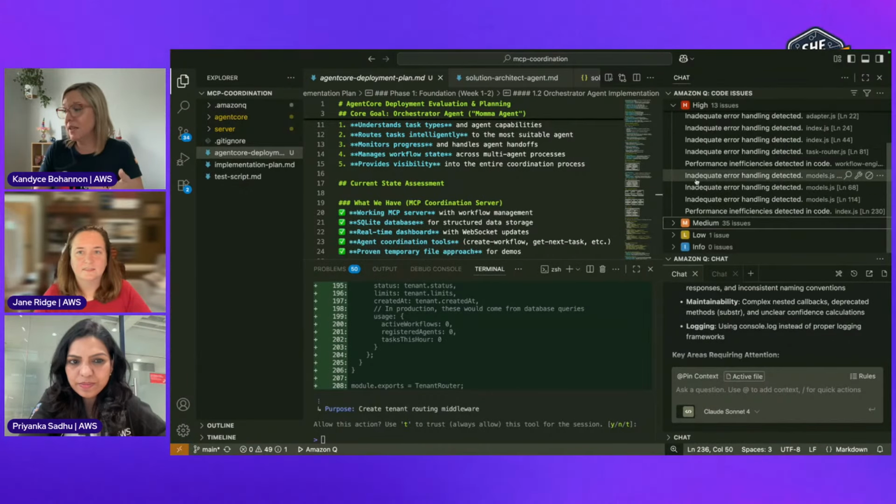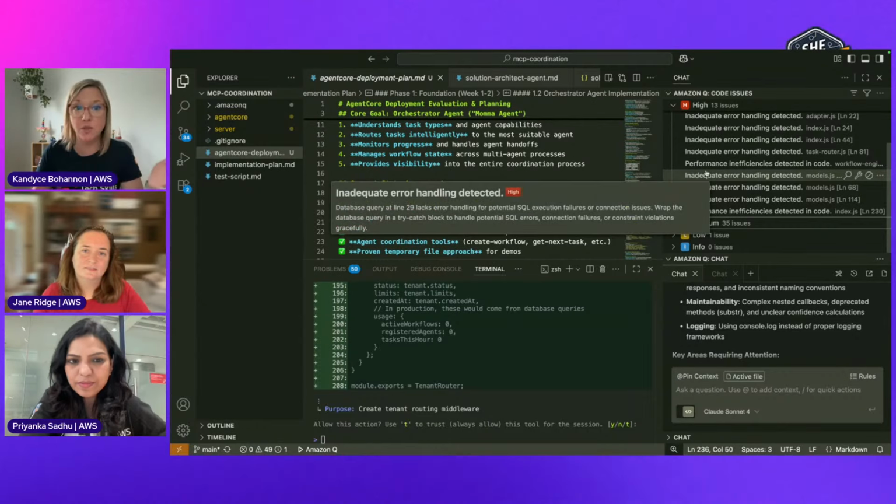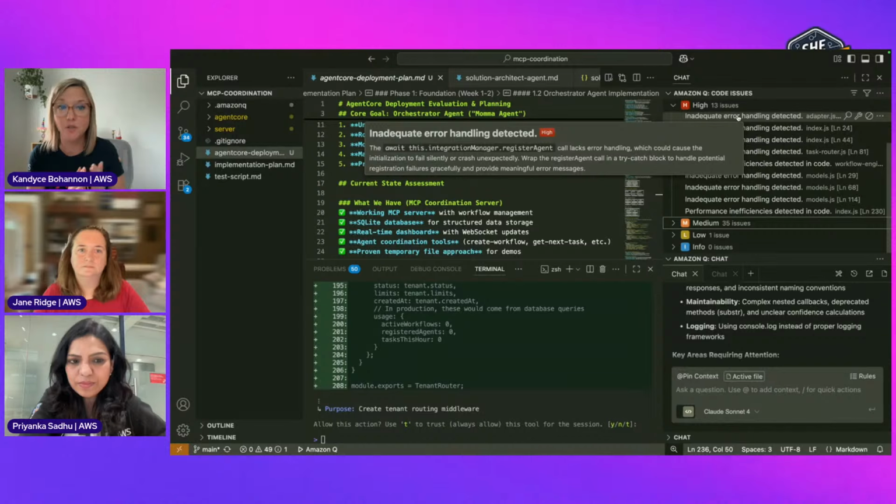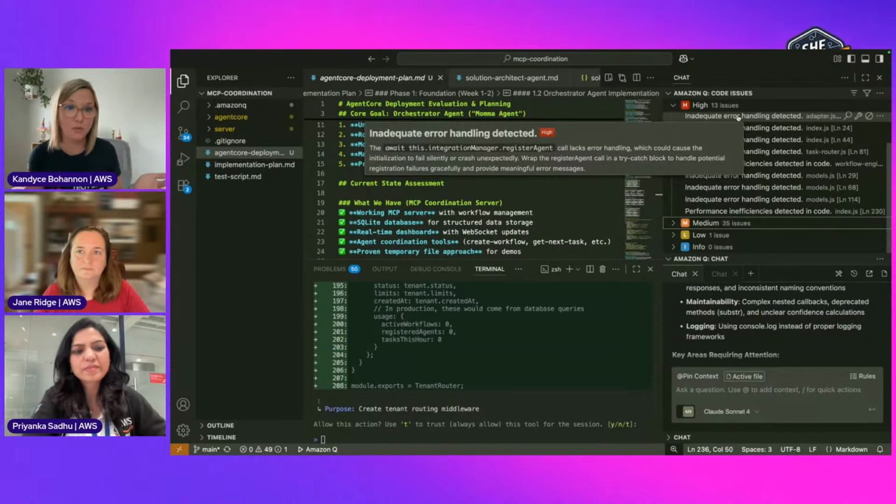If I was a customer still, I would make sure that you're not allowed to deploy your code or even merge into a shared branch with high or critical issues. I would set a rule like that, like a development rule, not a Q rule.